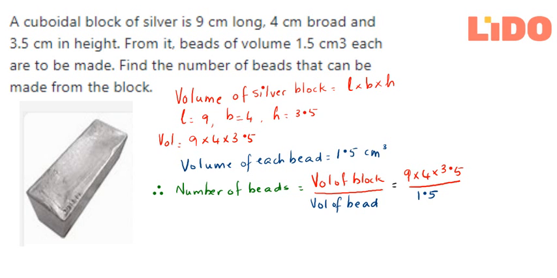We'll take with 5. 5 3s are 15, 5 7s are 35. Of course, this decimal point is there in the numerator and the denominator, so we can disregard it because it is to the same decimal place. So they cancel out. And now 3 3s are 9. So finally we have 12 into 7, which is equal to 84 beads. And this is our answer.